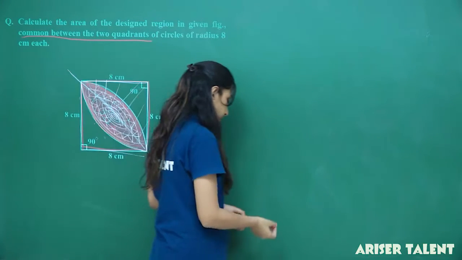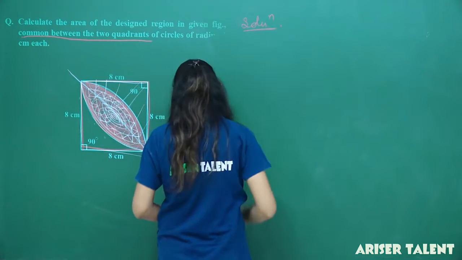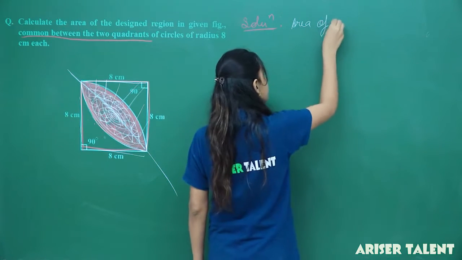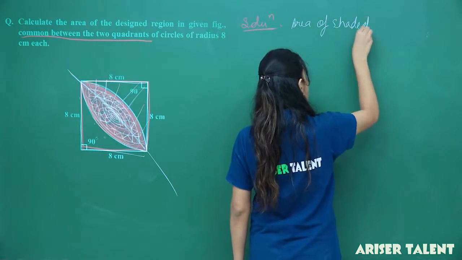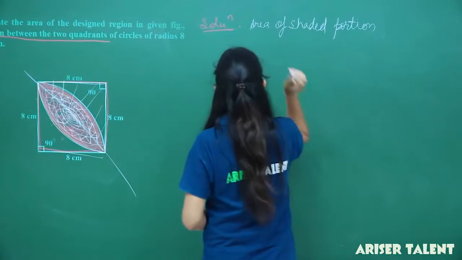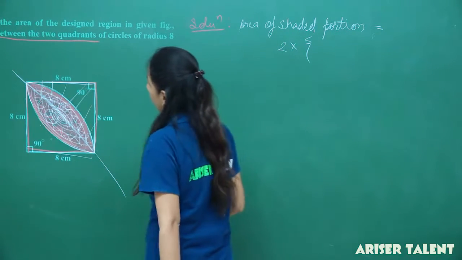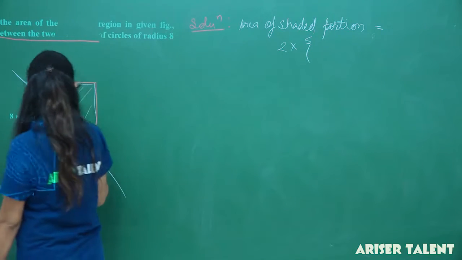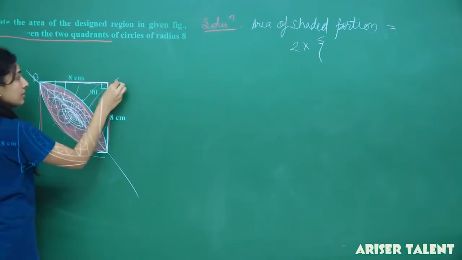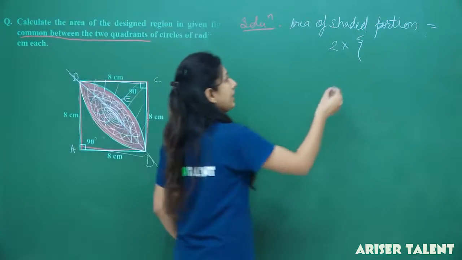Okay, so I am using the same concept here in my solution, and I am writing that area of shaded portion. Area of what? Shaded portion equals to what, students? 2 multiplied by, if I put a point here, this is A, B, C, D, and let's suppose it's E. So can I say area of quadrant